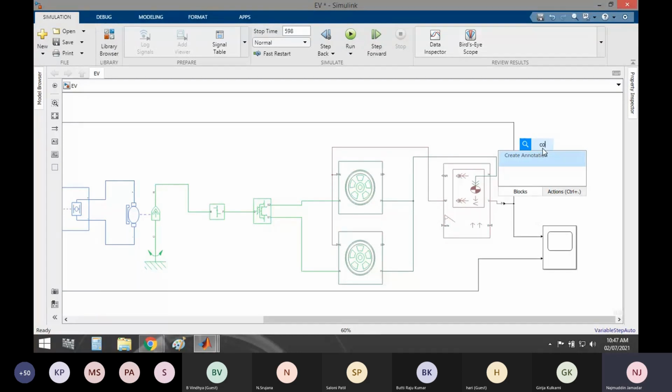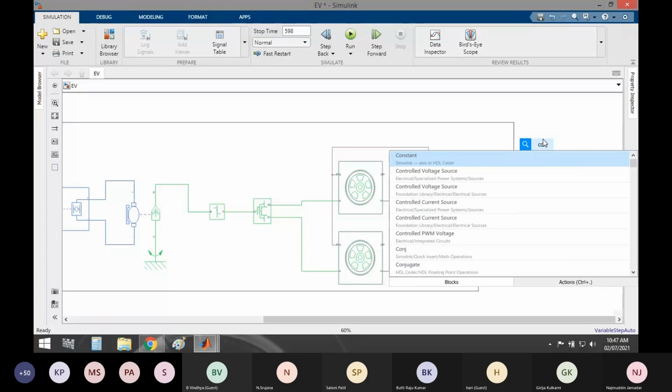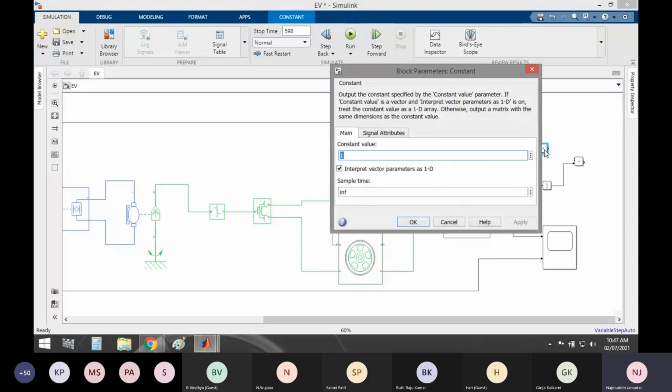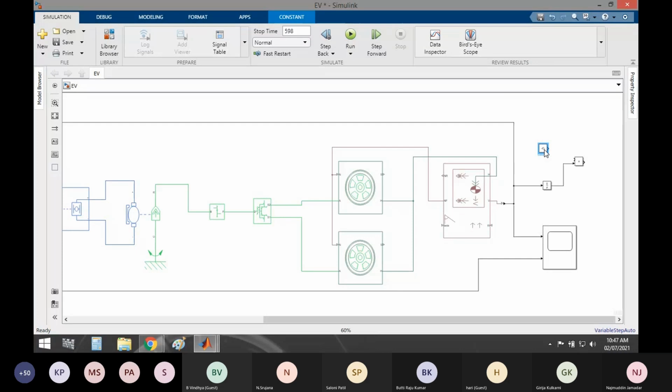So I will select a constant here and I will mark it as 3600. Then again, I want to see my distance in kilometers. I will connect a display here.